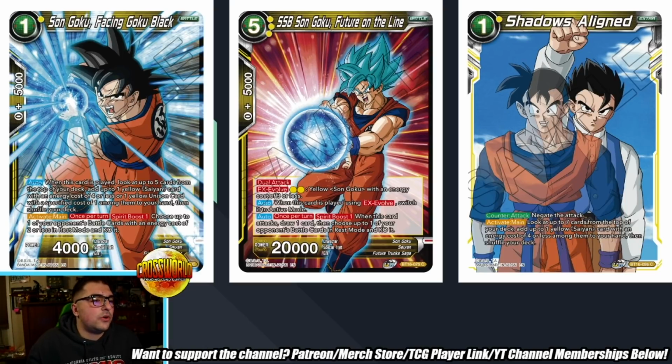Then we have SSB Goku Future on the line. Dual attack, EX Evolve for 2 yellow over a yellow Sun Goku with energy cost of 3 or less. Before I read the rest of this effect, I do want to mention that this, and especially the 3-drop EX Evolve Vegeta that we read earlier, seem like they can also see play in the yellow Whis deck. That's something that's really cool to notice as well. This wouldn't be as easily splashable in the deck, but it is playable because it evolves over a 3 or less Goku. But the Vegeta 3-drop, the Whis can literally just play that from the deck over a Vegeta on your board, which is kind of dope. But anyways,